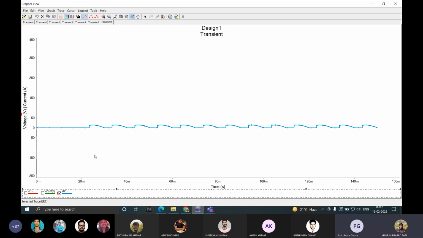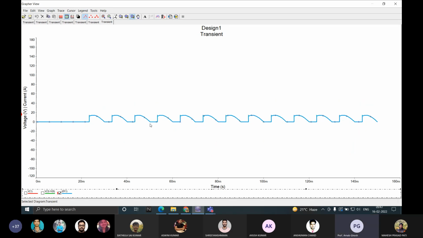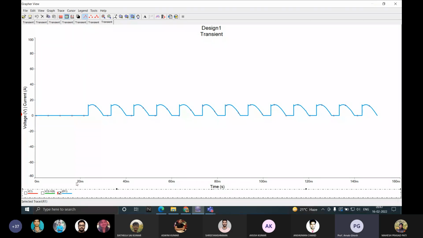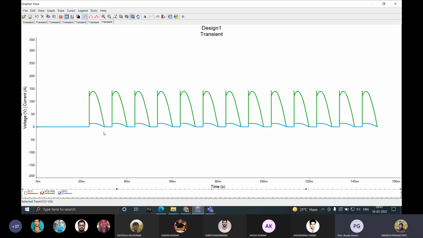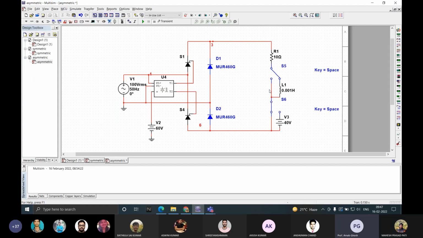This is the current graph. How much is the current value? Average. Is it in discontinuous mode? I think so, yes, sir. And this is the voltage that forms, coming at the 60-degree angle side. And if we use the inductor,